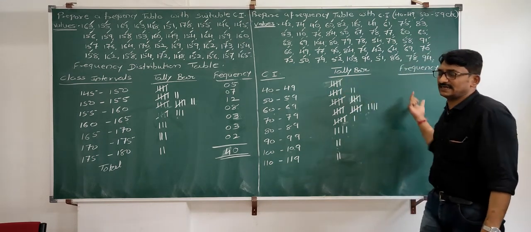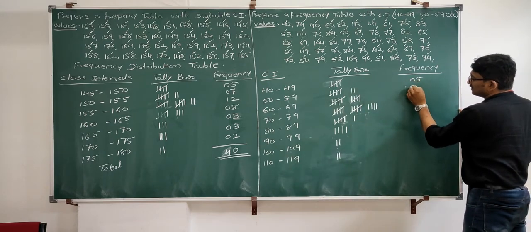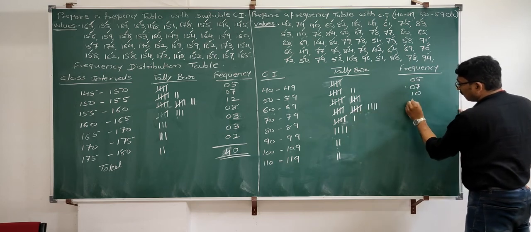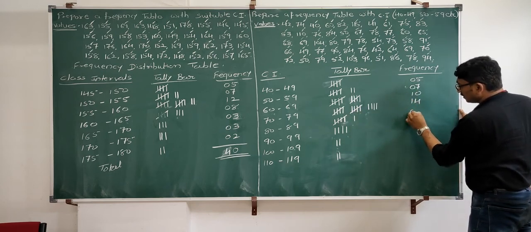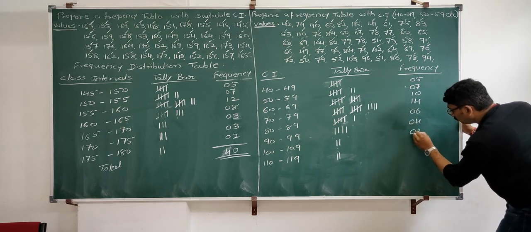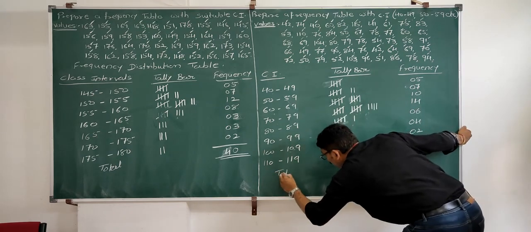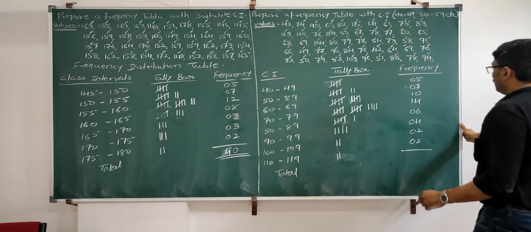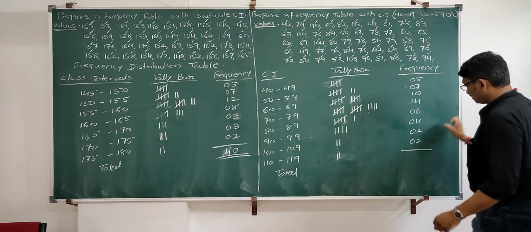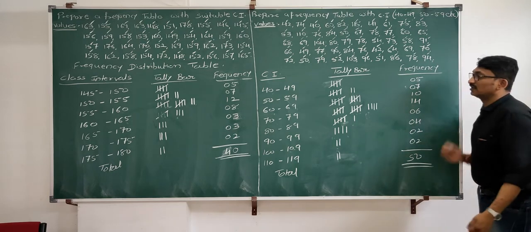Now count the lines, write down the frequencies. 5, 7, 10, 14, 6, 4, 2, again 2. Make the total and write. Total is